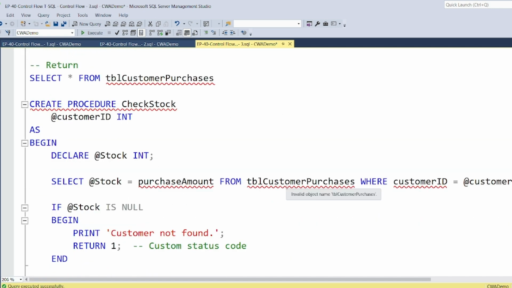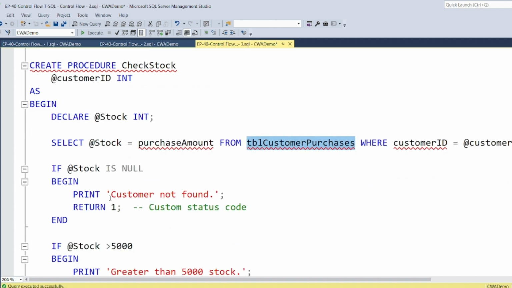And return is specifically used for returning from a procedure. So in this example, you see that we are getting the purchase amount from the table customer purchase. If the stock is null, then it shows that customer not found, and it returns 1. So with return, you can return any integer value. The procedure where you are actually calling can utilize these based on what value your return has returned. So let's create this procedure, and then